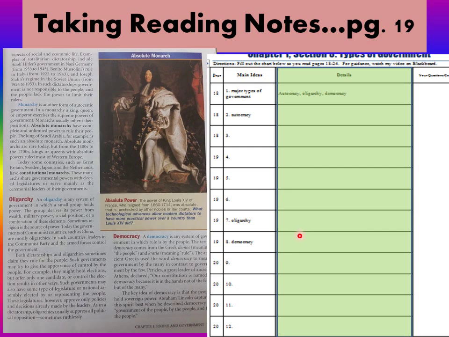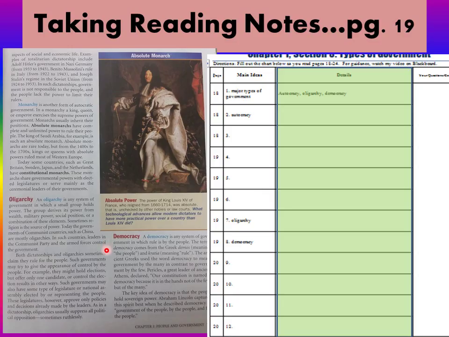Alright, moving on to democracy. Now I have democracy, and we need to do our details. So let's read these two paragraphs right here. Democracy. A democracy is any system of government in which rule is by the people. The term democracy comes from the Greek demos, meaning the people,